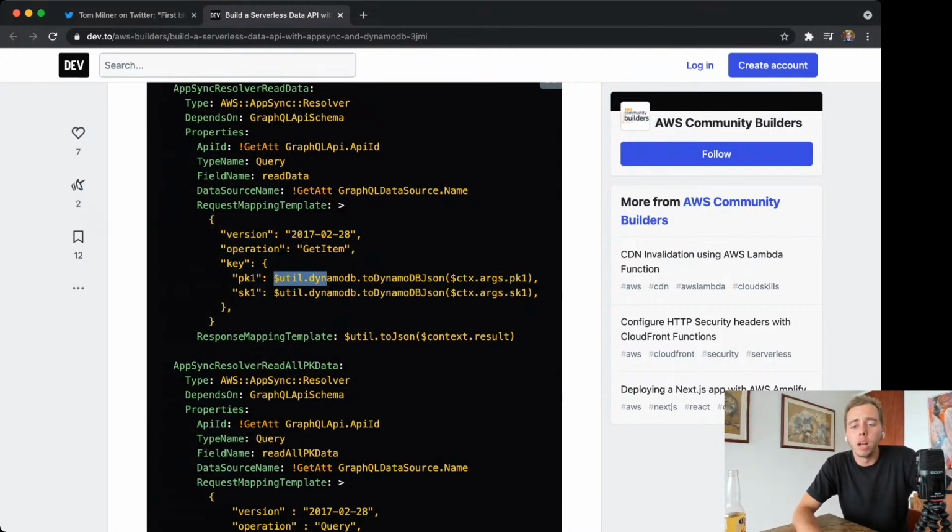One of them, though, that I'll call out is this util function that he's doing here. So this util function is actually something that AWS created. And so if you're inside the AWS console, you can go to the AppSync console and go into the resolver, and you can start typing in mapping template stuff. And if you type in $util, you'll start seeing it auto generate a whole bunch of options. One of those options is DynamoDB, but there's a lot more in there. And then you can say toDynamoDBJson,